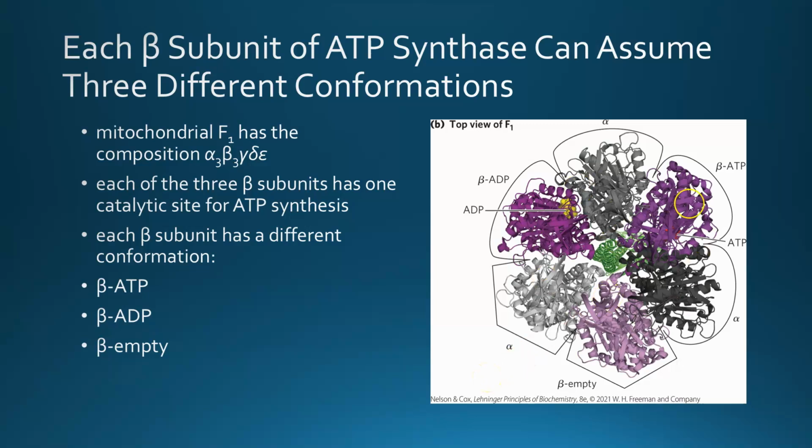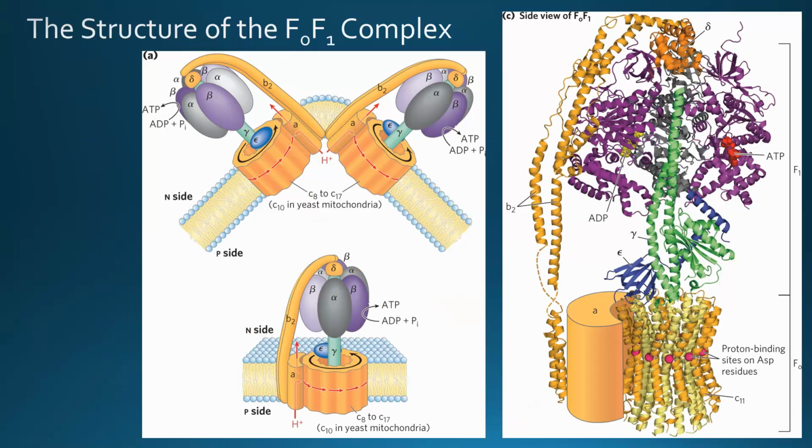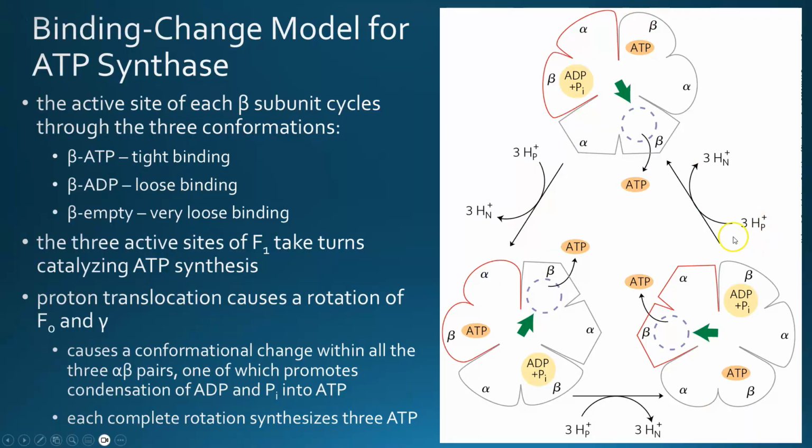Now looking at this diagram and the way I've described it, you might think that this is rotating around, but it's not. A different diagram is perhaps an easier way to see that, which is this diagram, which shows that the subunits stay in the same place, but they just change conformation. So if we start, let's say right here, if this is the open where the ATP can diffuse out and become empty, then this one, going around clockwise, then this one at the bottom can become this one, which is now the loose binding where it can bind the ADP and the phosphate.